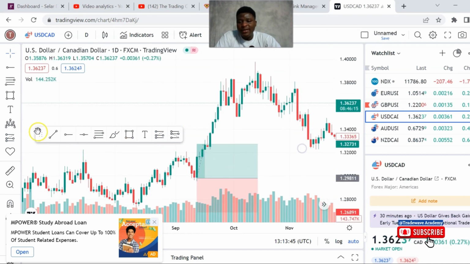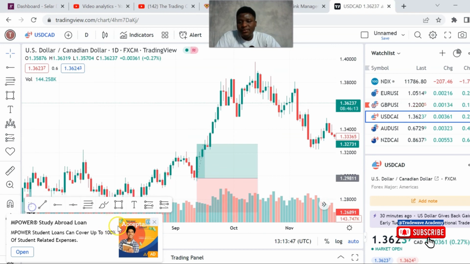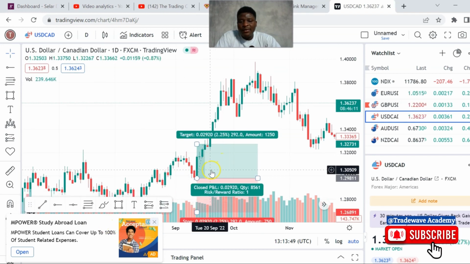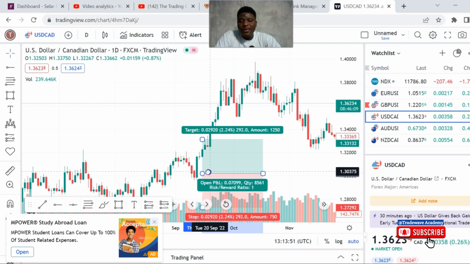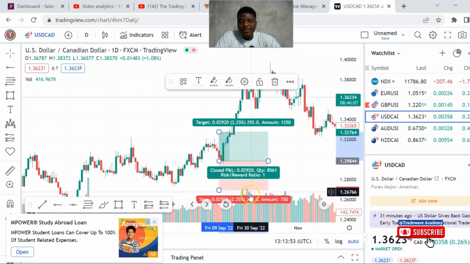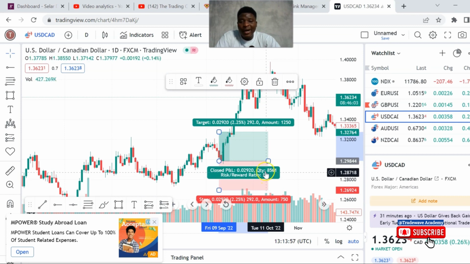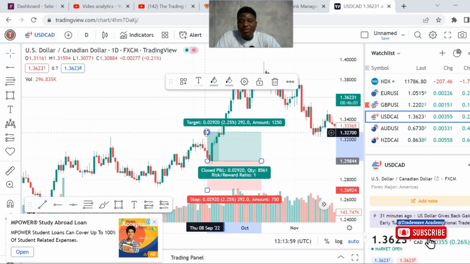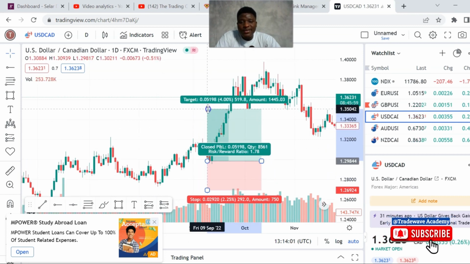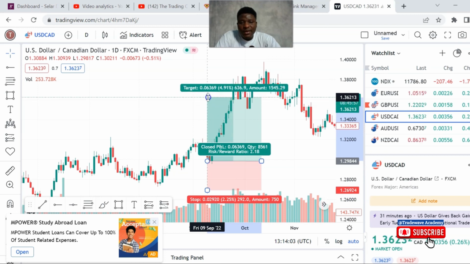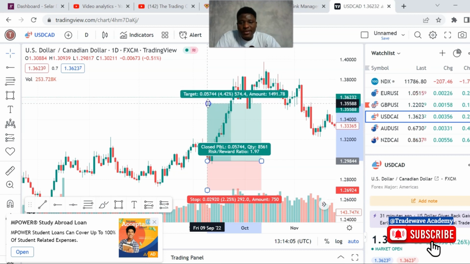I want to buy here. Let me move this out. And I want to buy here, and I'm hoping that my stop loss is somewhere here. So as you can see, the risk reward ratio as it's showing is already 1. So let's say I want to do a 1:2. If I want to calculate where a 1:2 would probably be, I'll shift this till I have 2.0 here, which